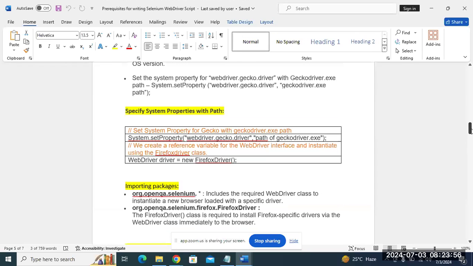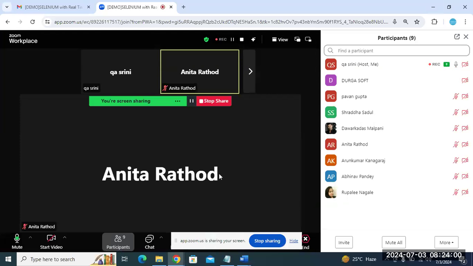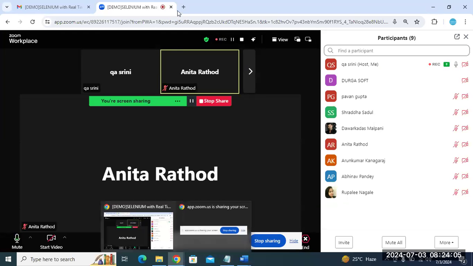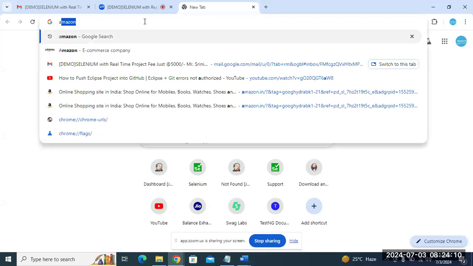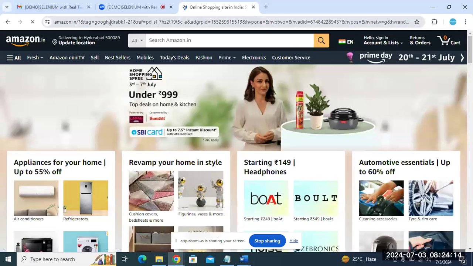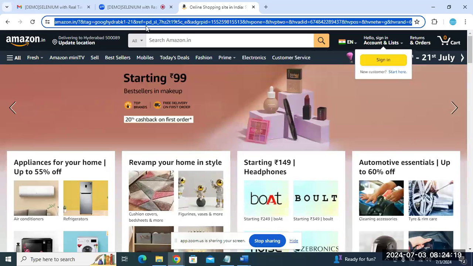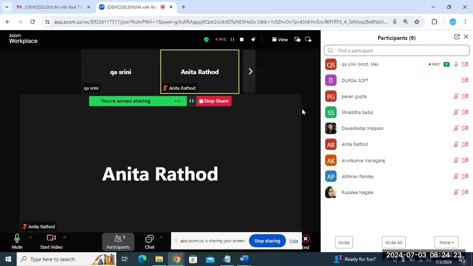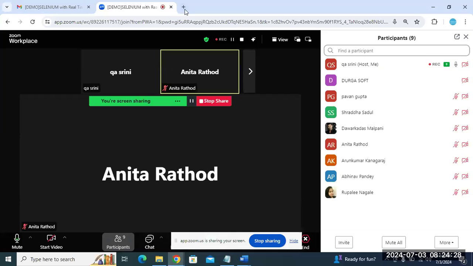Understanding, right? So one kind of testing we can easily do. What is that? Compatibility testing. What is called compatibility testing? Browser compatibility testing. In real time, suppose you are working on the Amazon application as a tester, you need to check that this application should work in all the major browsers, not only one browser. You cannot say it is working in Chrome and mark it as done. You need to check this application. This application should work in